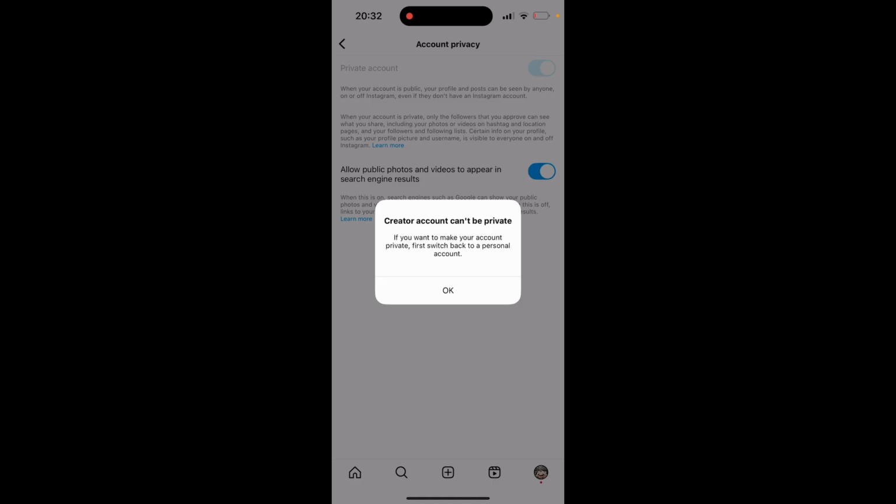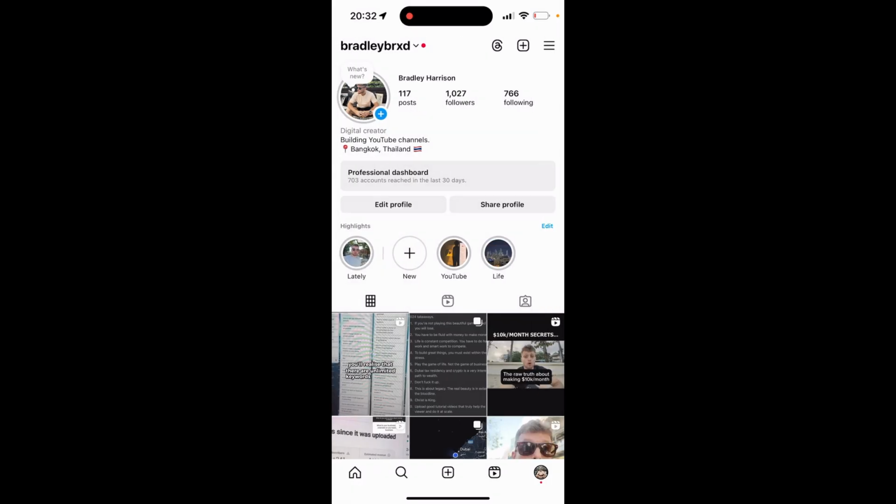Now, do note this can only be done if you have a personal account. Since I am a digital creator account and I think it is a company account, it doesn't let me do this. If you did want to switch back to personal from your profile, again, three dots in the top right hand corner,